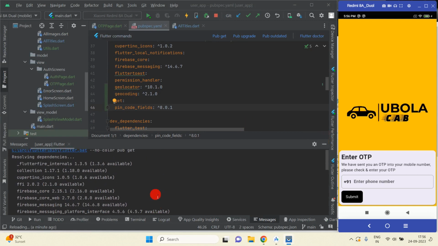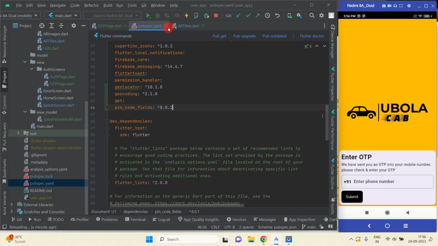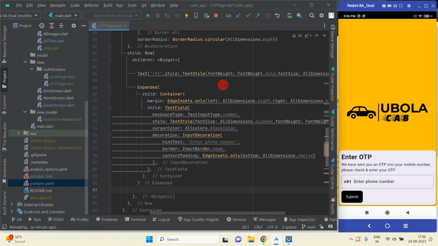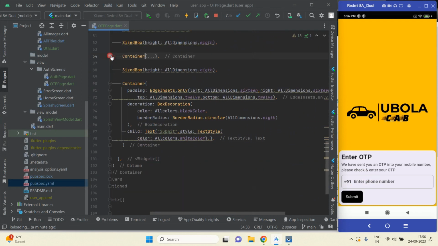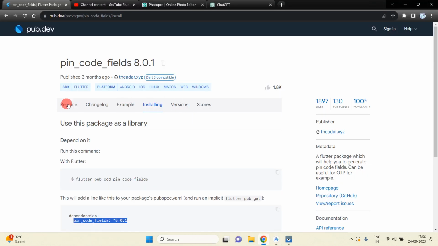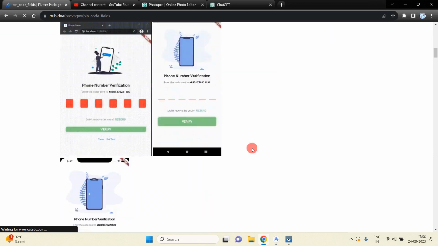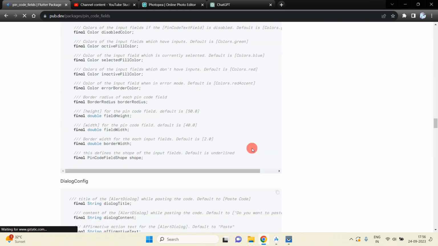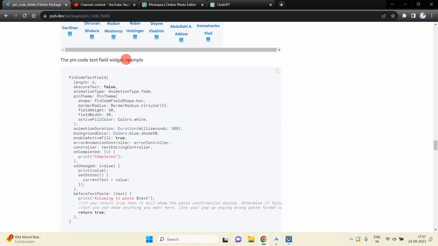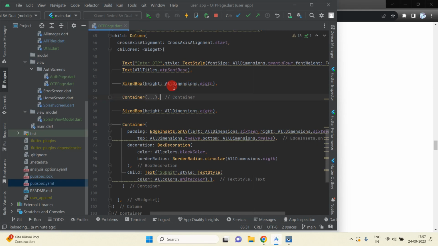Okay, you can see we have successfully imported this package, and now I am going to replace this field. So here, just go inside the readme file and then scroll down, then you will get one block of code. This is the block of code, the pin code text field widget example. So just copy this whole block of code and just remove this container,